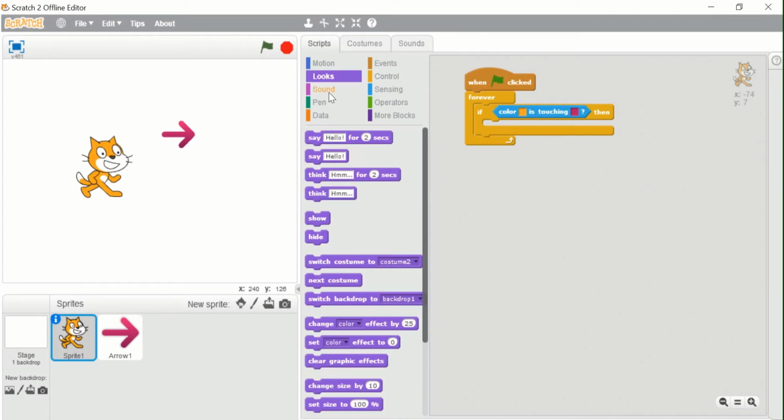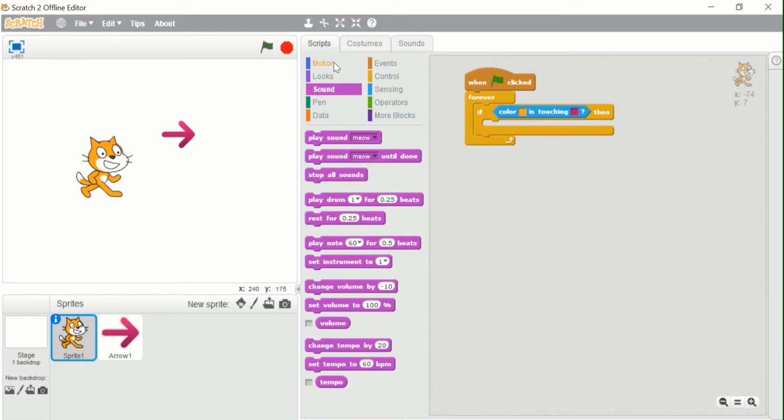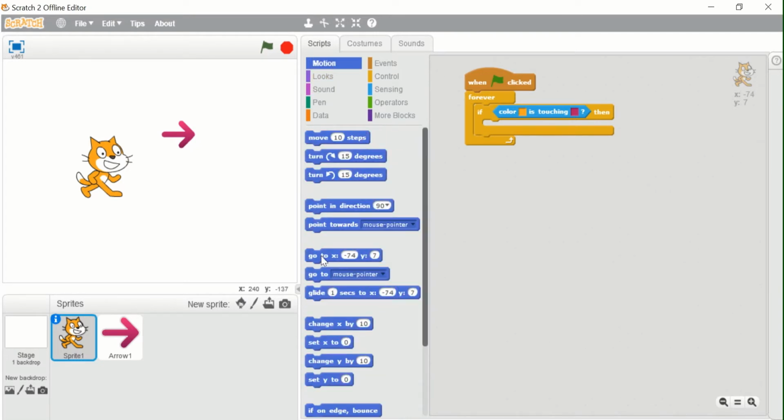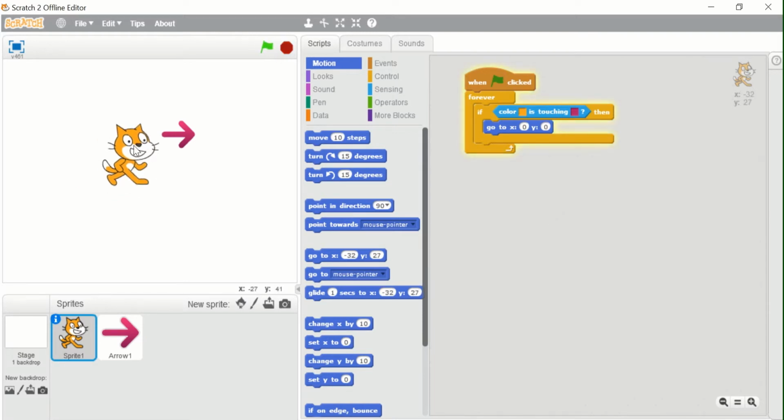Then I will go to x0 and y0. Now if I run the script, nothing will happen. But if I bring it here a little bit, did you all see the sprite went to x0 and y0? Why? Because it was touching this color.